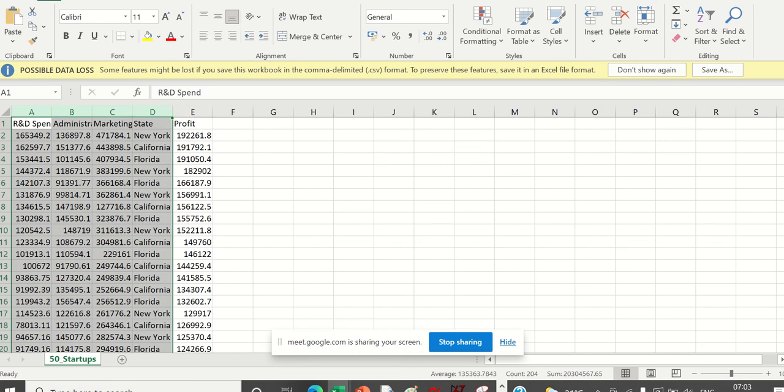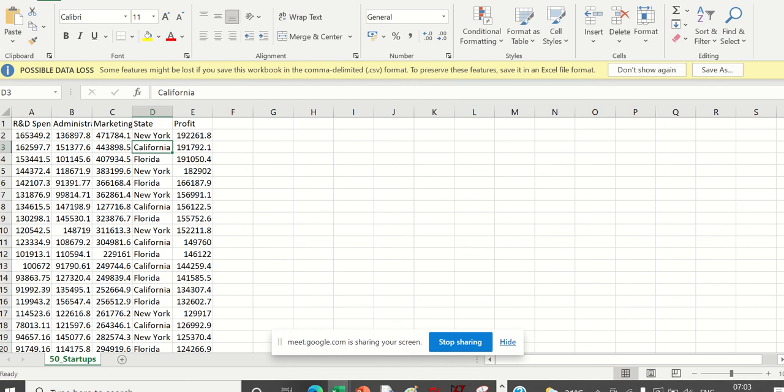Before that, there is one problem here. Strings: for us, we know what New York is, we know what California is, but Python doesn't know that. Python cannot understand strings, so we have to convert them into integers, and then it will understand.